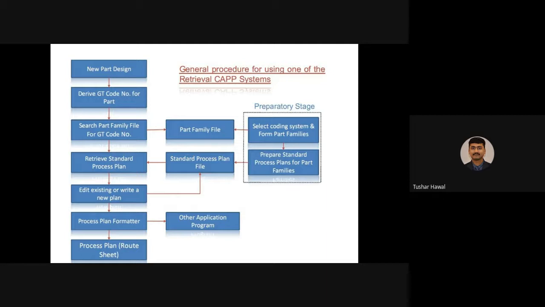What these other application programs are, you are going to see soon in today's session itself. But this process plan is the output of the generative CAPP, variant CAPP, retrieval type of CAPP system. Once this process plan is given as output, it can also be fed to other applications for necessary actions.